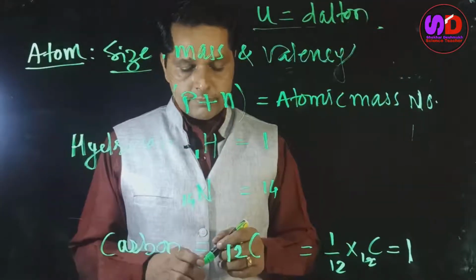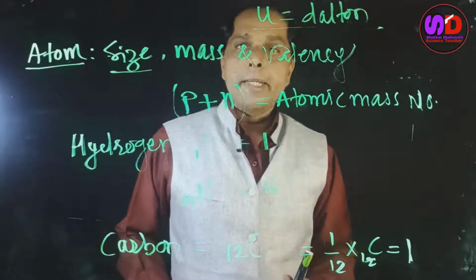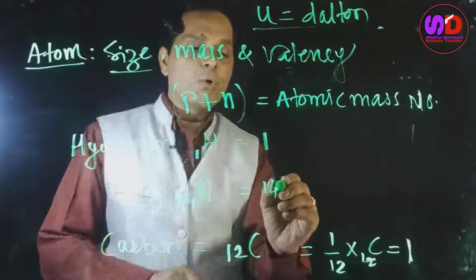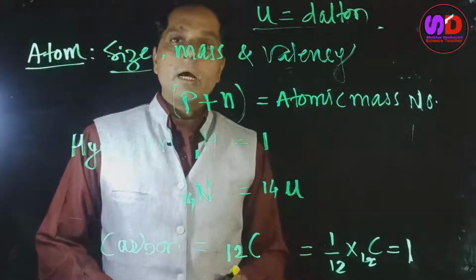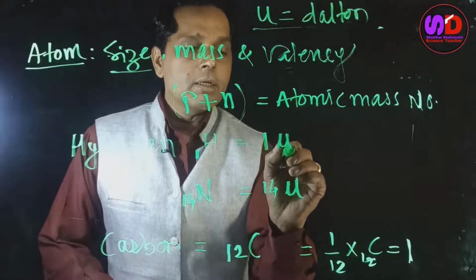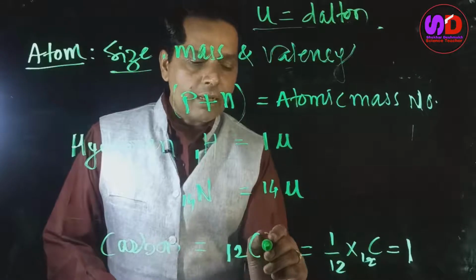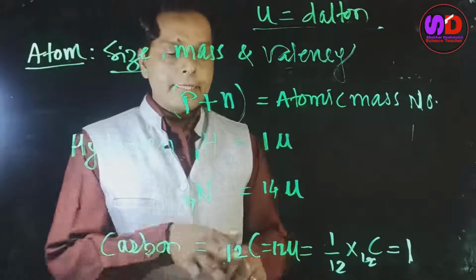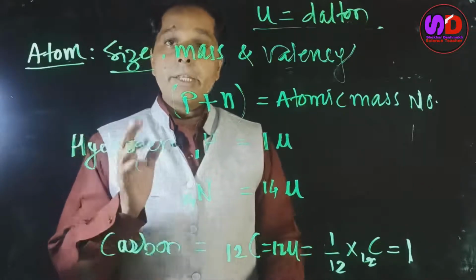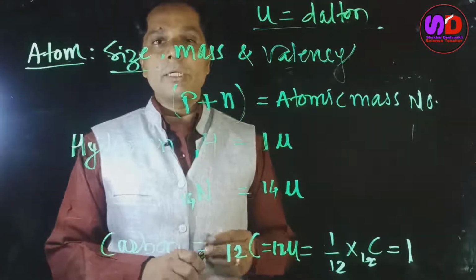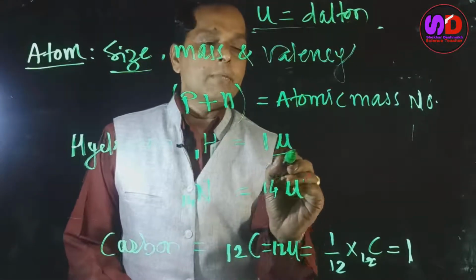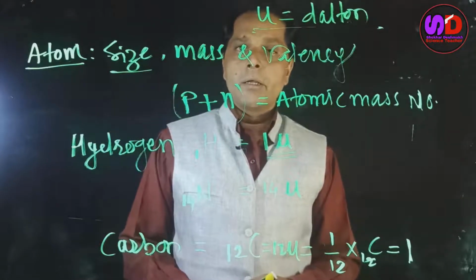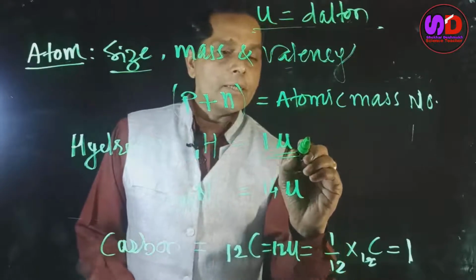So the unit of mass is nothing but Dalton. Like the mass of nitrogen is 14 Dalton, hydrogen 1 Dalton, mass of carbon is 12 Dalton. It is the unified mass, but the name of the scientist Dalton is given to it, and therefore Dalton is nothing but the unit of mass, and the value of one Dalton is equal to